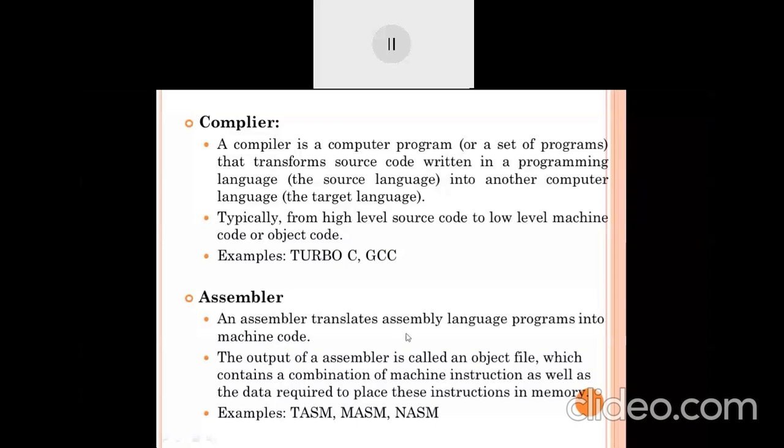So the assembler translates an assembly language program into machine code. And the output of the assembler is called the object file, which contains a combination of machine instructions as well as the data required to place these instructions into memory. The assembler does not only generate the machine code as output.